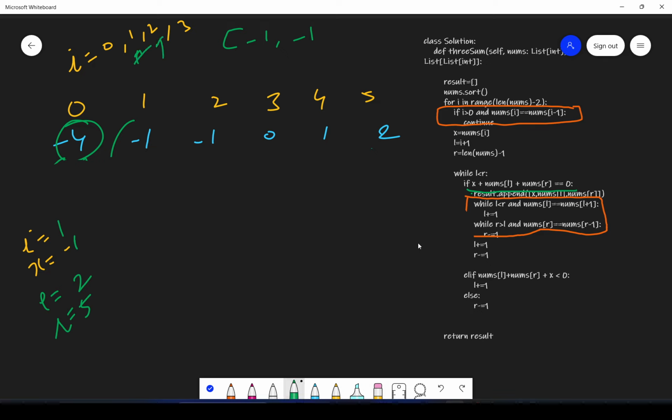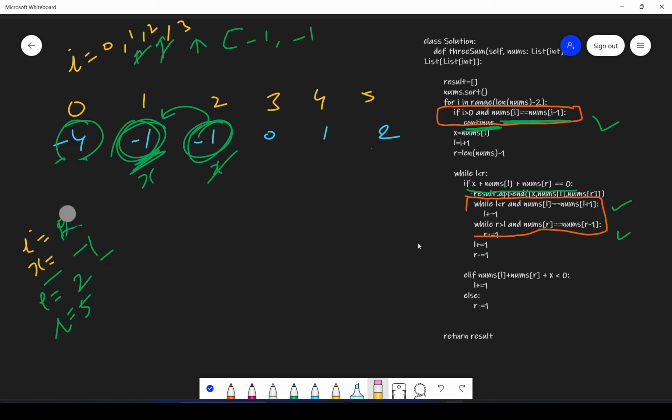So now your I will move forward to the next iteration, that is 2. So I will become 2, and X will become this, which is -1 again. But see guys, if you remember earlier, I told you why this loop is there. This is for this case. You have already done -1 earlier as x, and now again you got -1 as x. But already you have computed it for -1, right? So if nums I is equal to nums I minus 1, just continue. So here your I will be 3.